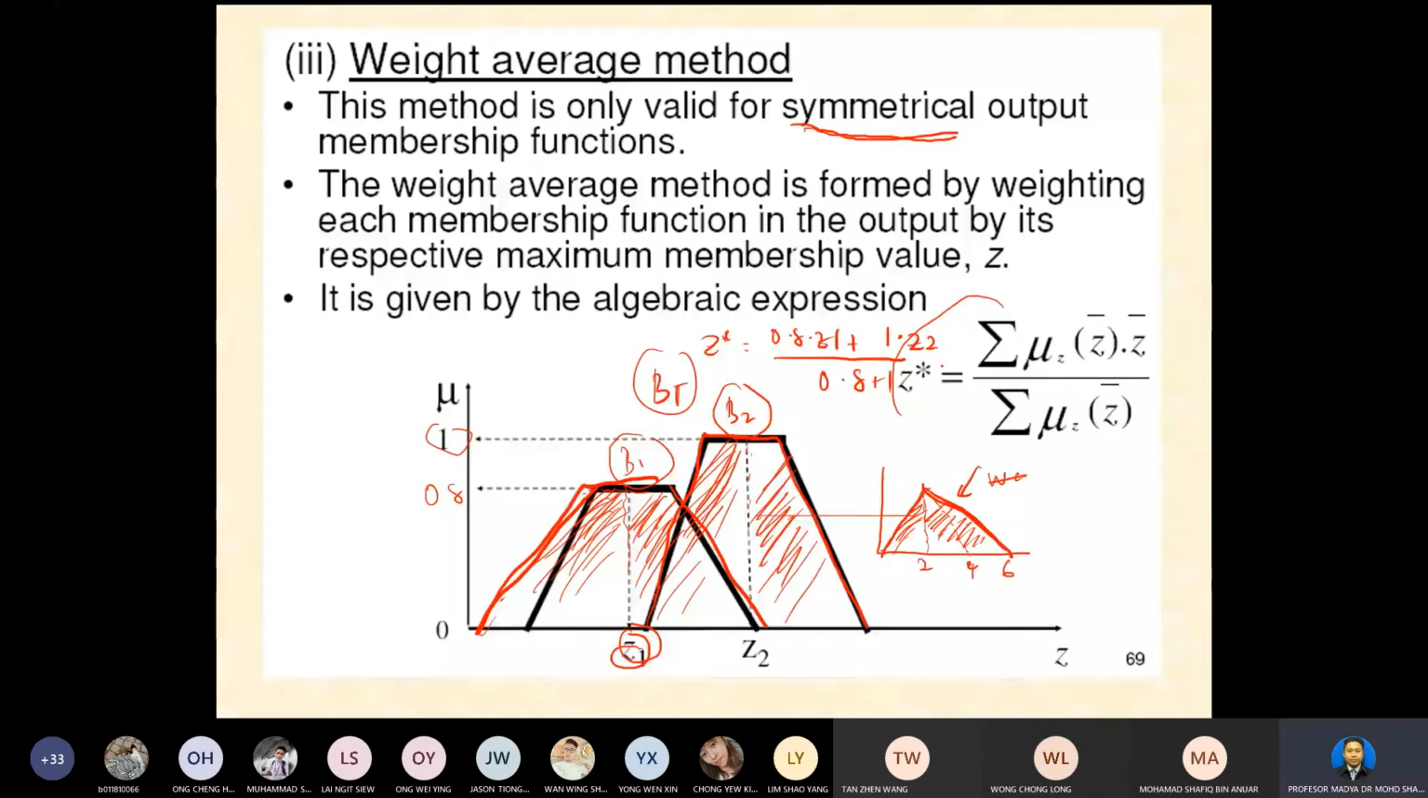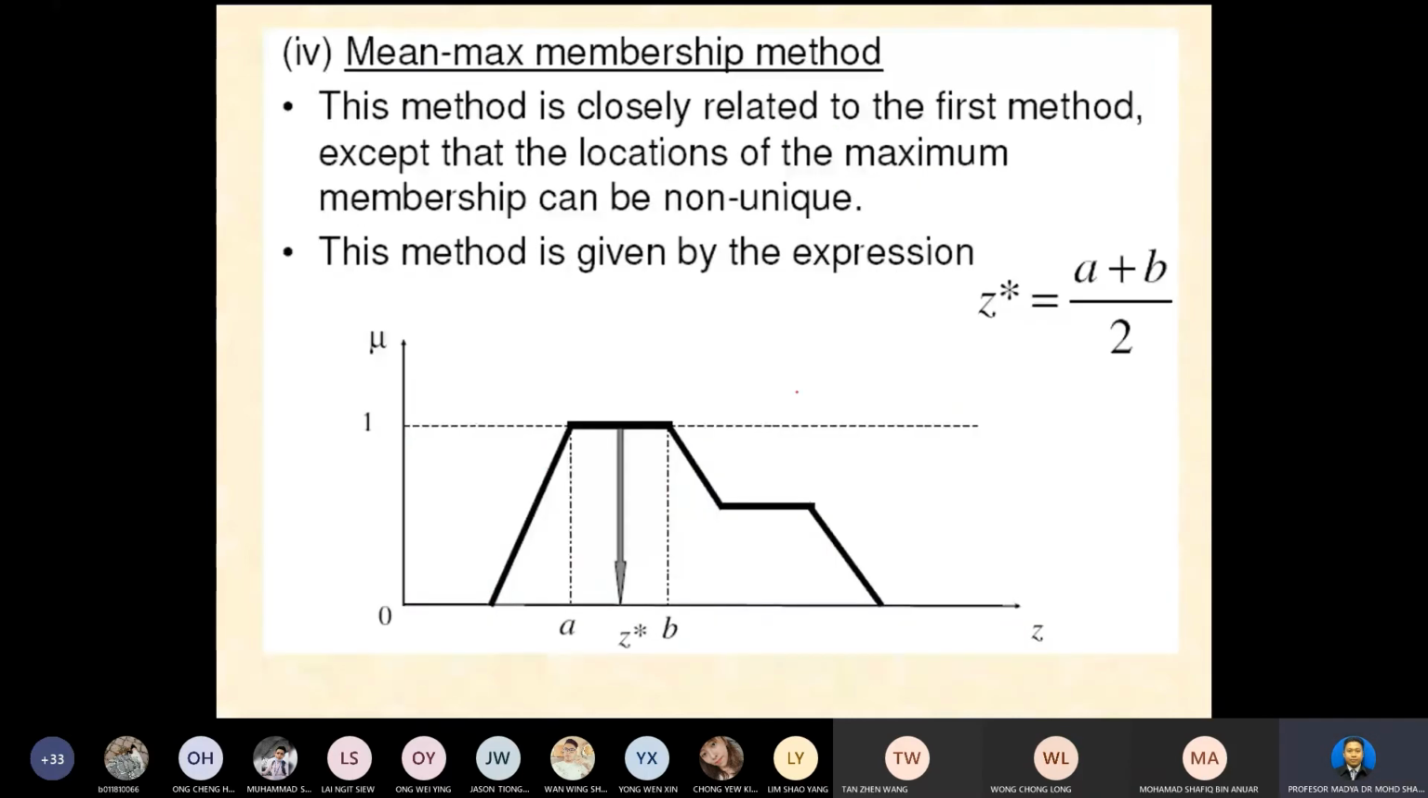Next, the last technique for defuzzification is the min-max membership method. This method is closely related to the first method, the max, except the location of the maximum membership can be non-unique. For the max, it is unique. That means for max membership we have, for example, only one